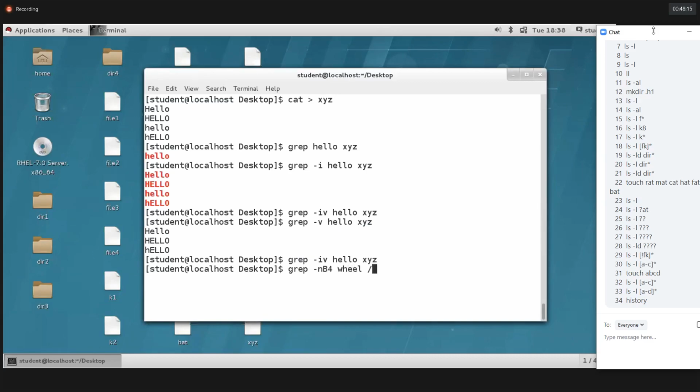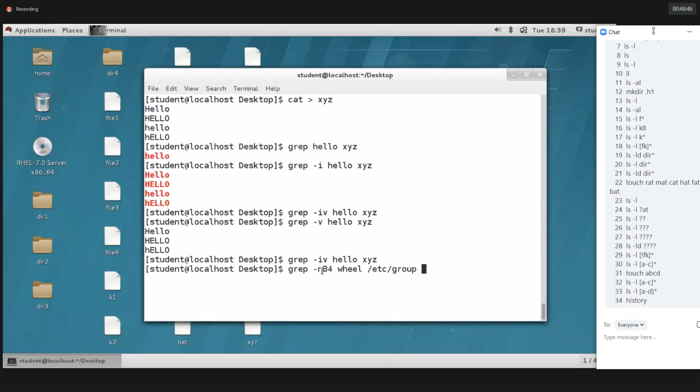Wheel is the word I'm trying to filter in the etc group file. etc contains all configuration files, and group is one more configuration file. I'm trying to filter the wheel word in etc group. So I gave here one option, hyphen B 4.